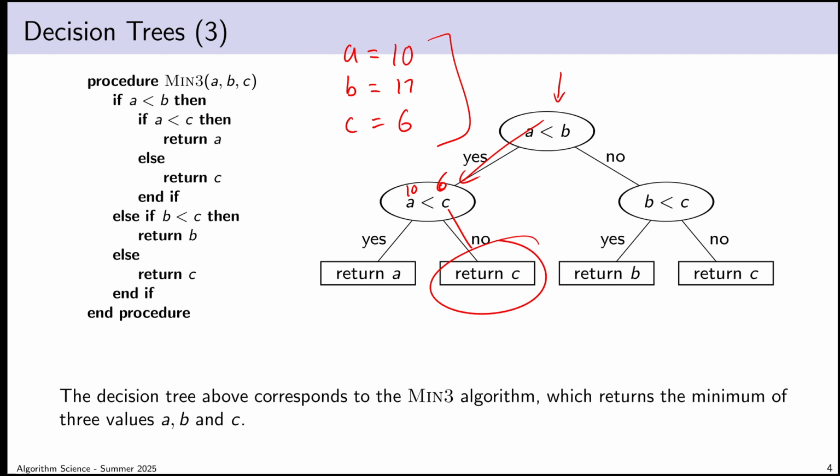Now, one thing that we should clarify here is that the decision tree doesn't capture every aspect of the algorithm's behavior. So an algorithm that, I don't know, loops over the elements of an array or adds up a bunch of stuff, well, some of that isn't a decision process, and that wouldn't be captured in a decision tree. But we know that when we're performing some task that requires making a lot of decisions, for example, deciding which element is the smallest requires using a bunch of comparison questions, we can use the decision tree to model that